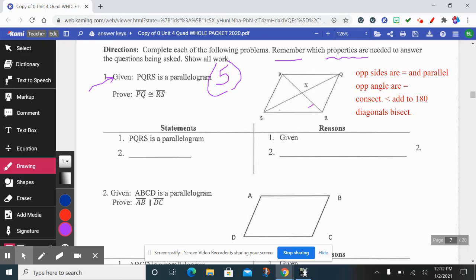All right. So looking here, if it's a parallelogram, why would PQ be congruent to RS? So PQ and RS are congruent because they're opposite sides. So this is going to be a little 2-step mini proof. If you're given the fact that it's a parallelogram, then we can call these sides PQ and RS congruent because